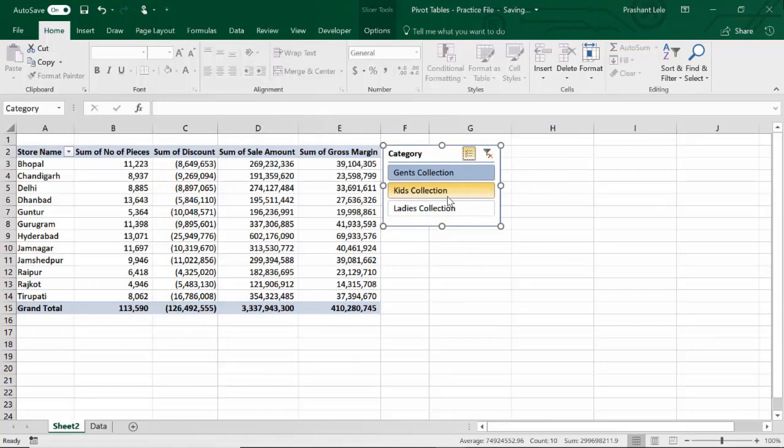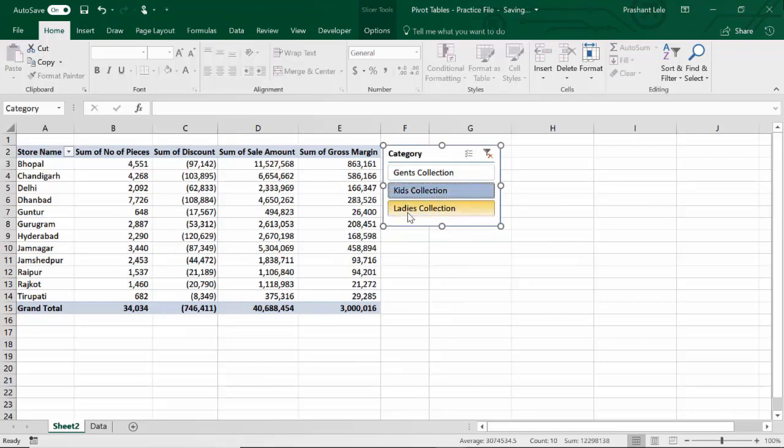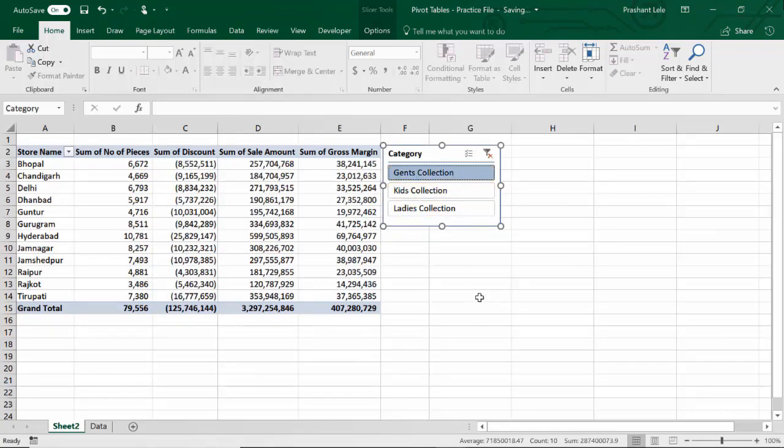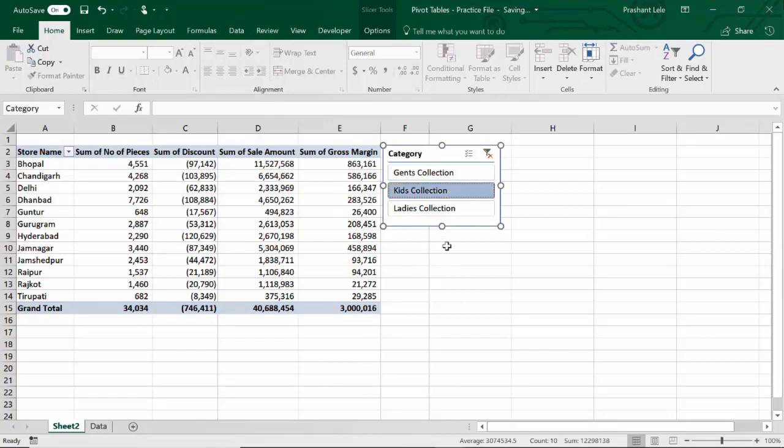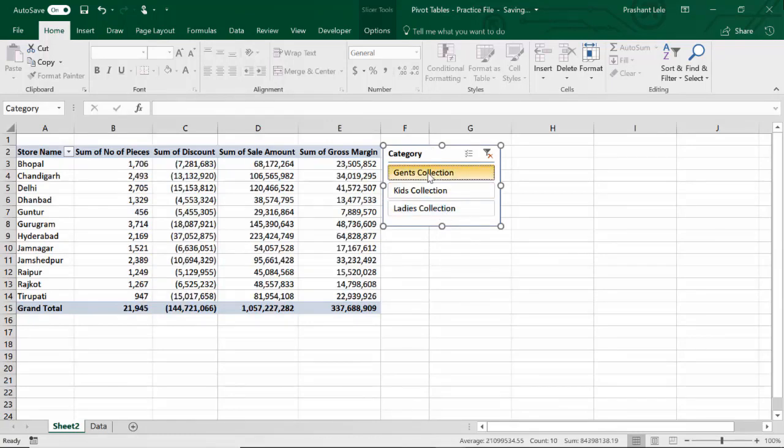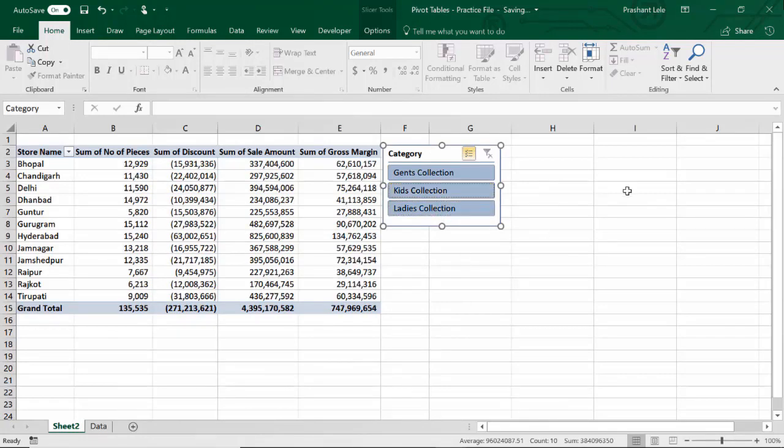So if you select this, you don't have to press the control key. I have removed the filter, so everything is selected. I am deselecting. See, now gents collection is selected. But if you press this button, you can select directly without pressing control. See, now I am removing the selection.